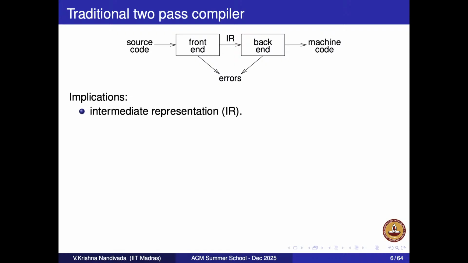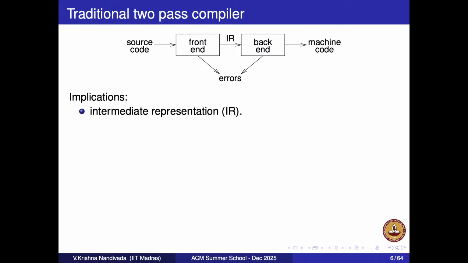So you would have seen that we started our classes by saying, look, a compiler generates some machine code, let's say. You have a front end. The front end generates IR, intermediate representation, it is given to the back end, and the back end generates machine code, right? And front end and back end both can generate errors, correct?